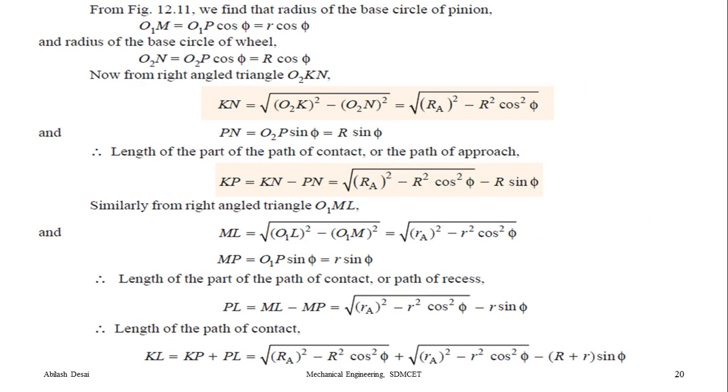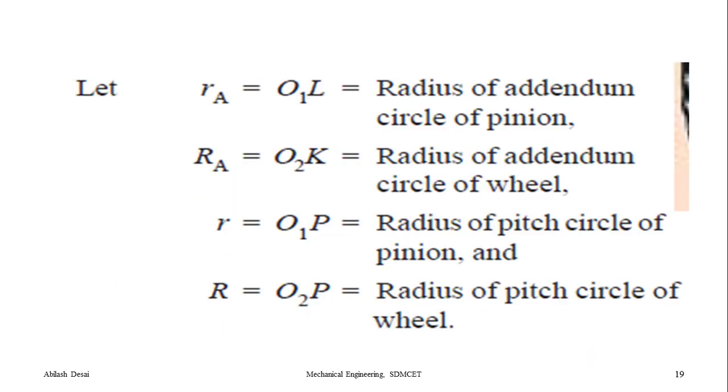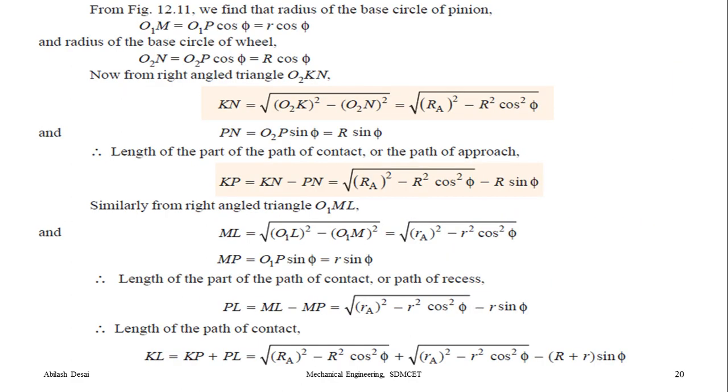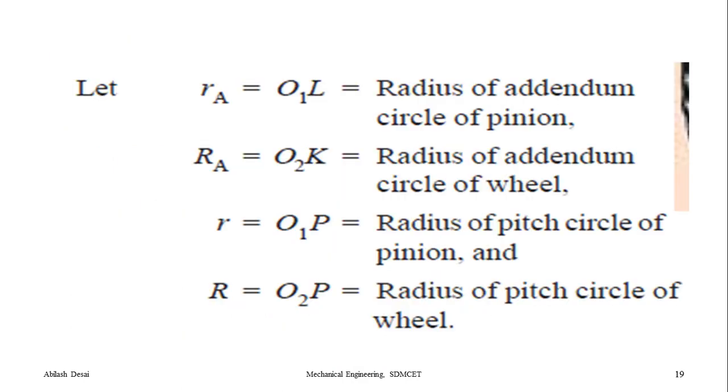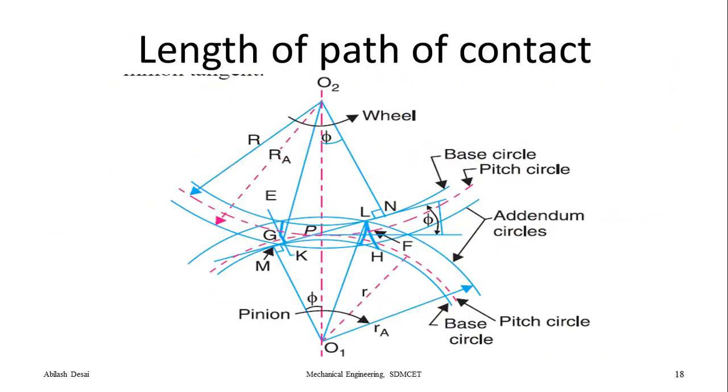Now from the figure you can see O1M is equal to O1P cos phi. So you take it as first O1M. The line drawn here, if you draw a perpendicular from O1 to M on this straight line, that is nothing but a perpendicular. You can see that it is shown as perpendicular. Similarly here also, from O2 to N, that is also taken as perpendicular. So if you want to get O1M,